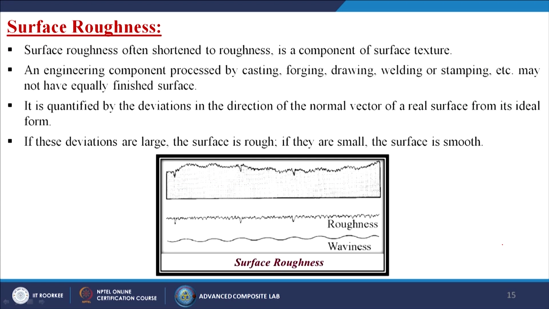Now, when we are making some kind of materials, sometimes it may be possible that by naked eye we think the surface is smooth, but if you see it through some kind of optical microscope or camera, you can find that the surface is not exactly smooth. Maybe it has some roughness or waviness on top of that. So, how to measure that particular roughness?